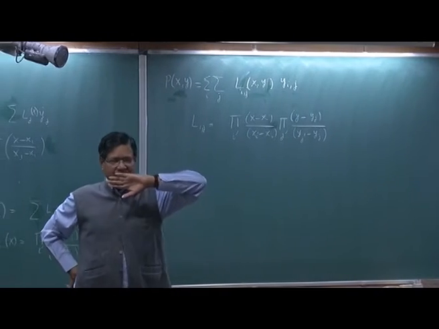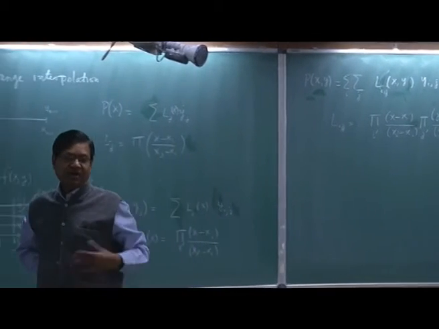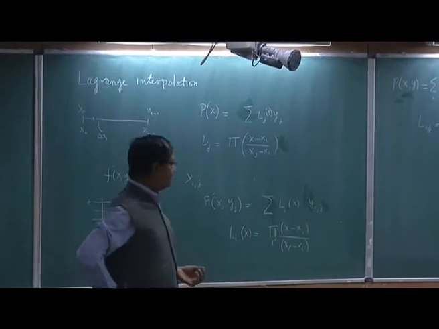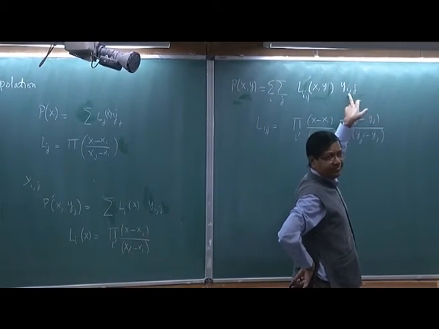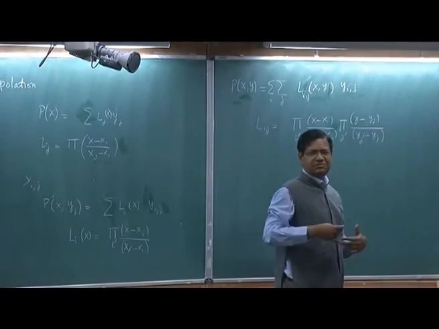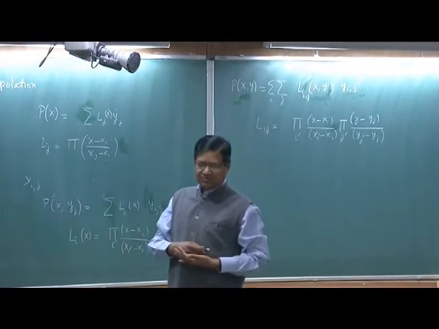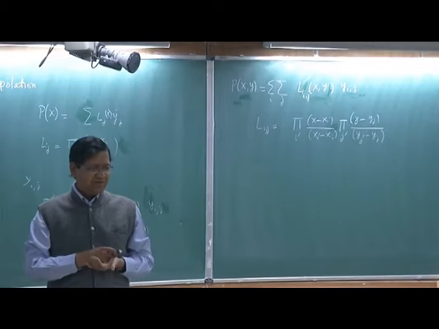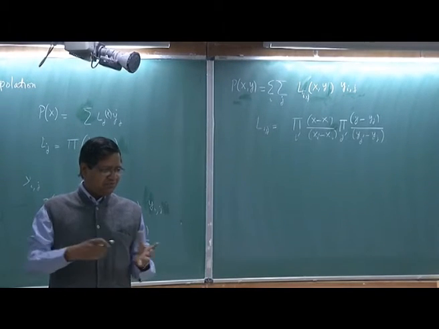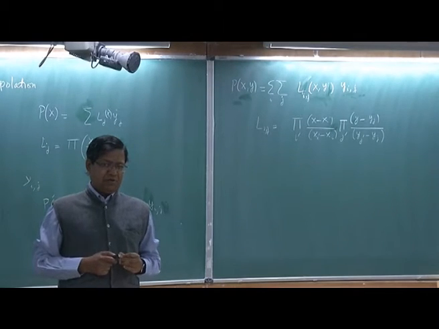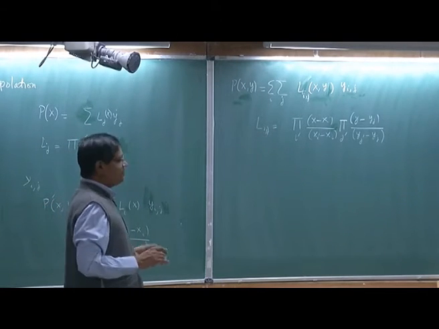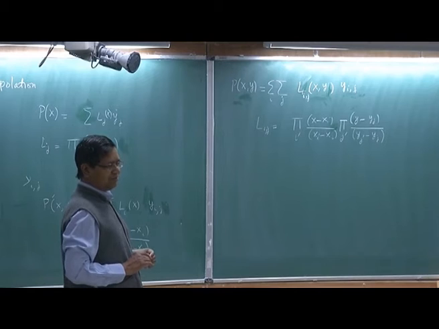Okay. You can generalize it to 3 dimension or any dimension in fact. So for 3 dimension I'll have this ijk. 3 dimension, so you'll have 3 products. So we do it like this. It's very useful. Many times we need to work with functions in 2D, 3D. This sums up Lagrange polynomial interpolation.